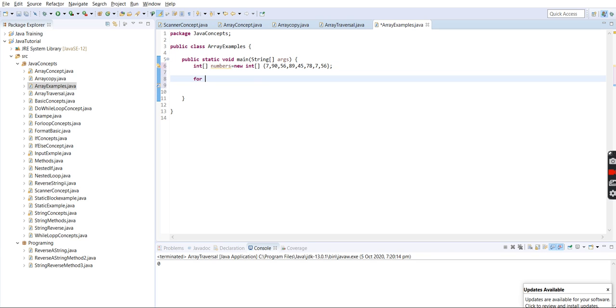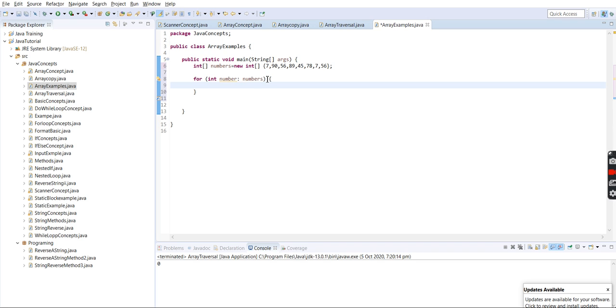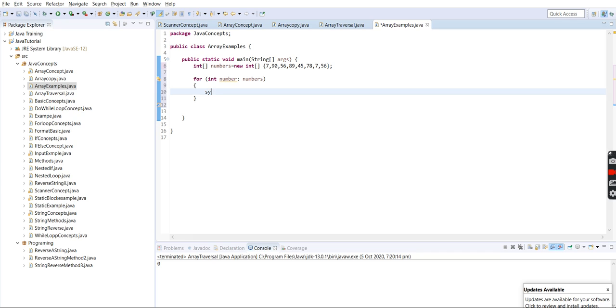The enhanced for loop syntax is: for, the data type of that array, which is integer, then numbers. So we'll see.